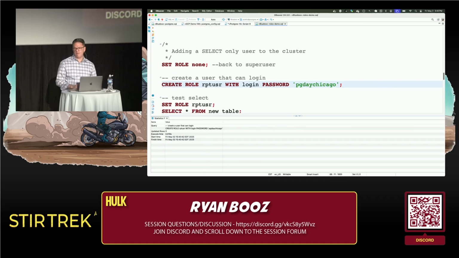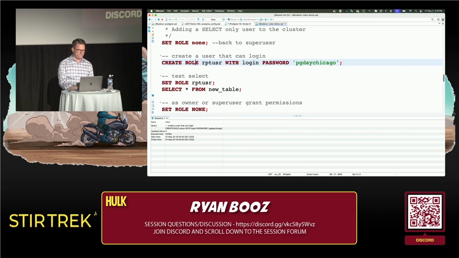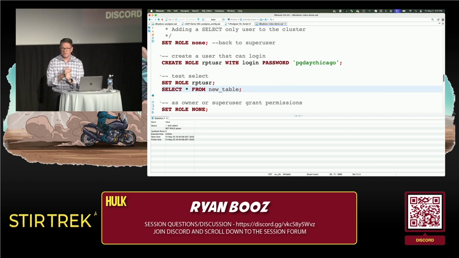We're going to create that report user. So now the project, we have this reporting need, and we want to make sure the report user runs these nightly reports but can't modify any data. And so it just needs to be a read-only user. So create a user, a role. We're going to set to that role. So we have the role. We know they can connect because they were given connect privilege through public and so forth.